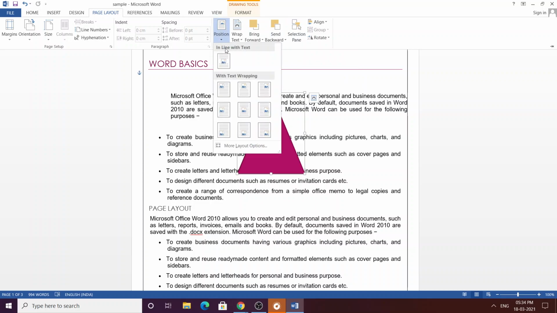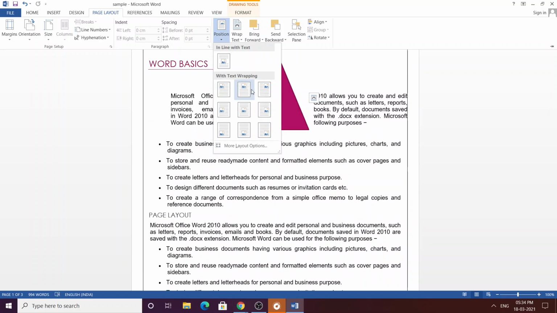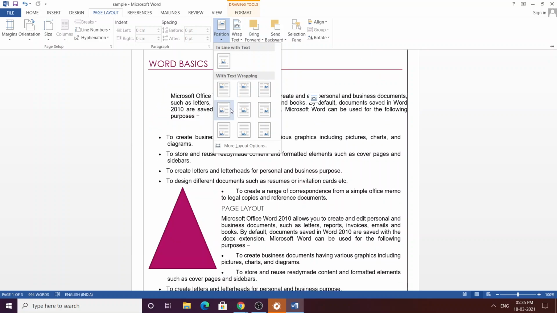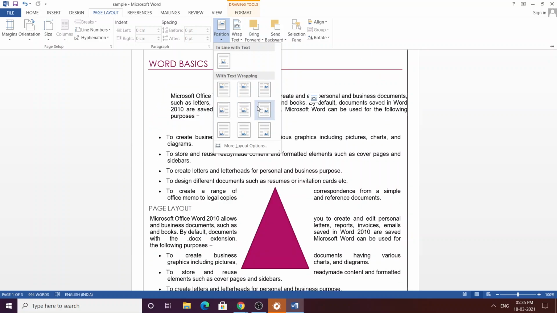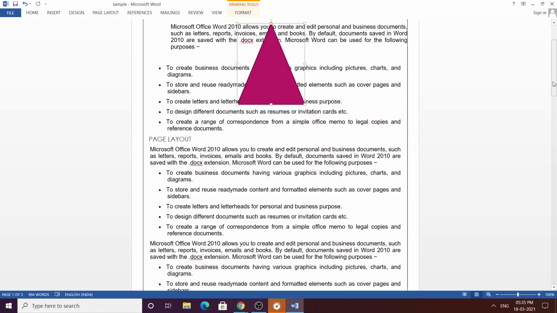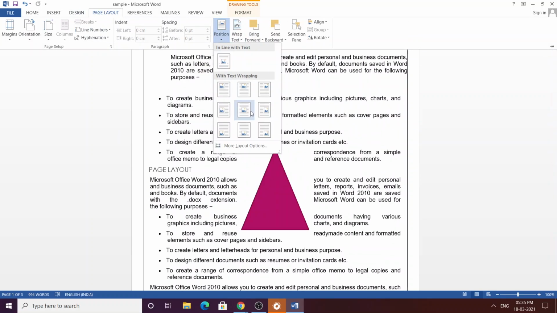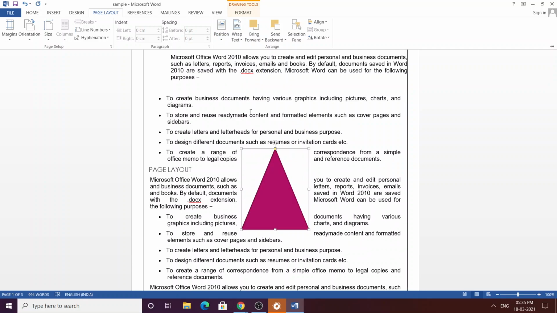First, click on position. In which position you want to place this triangle, whether on the left or center or right, or in the center left, center below, or center right, or below. Wherever you want, you can place this triangle. So click on this design or click on this page layout, and you can select some position. So I am selecting this center position for this triangle.